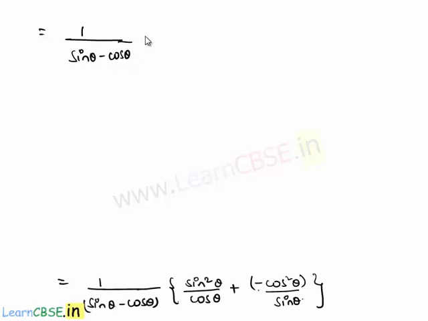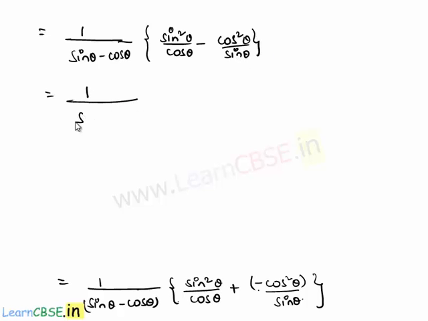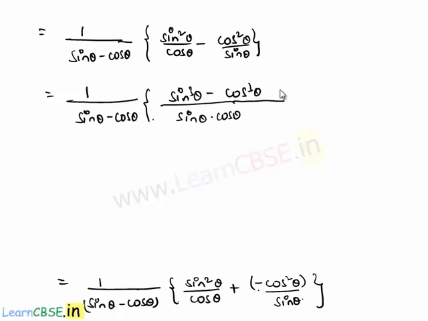Now that will be equal to 1 by sin theta minus cos theta into sin square theta by cos theta minus cos square theta by sin theta. That will be equal to 1 by sin theta minus cos theta whole into, let us take LCM here, sin theta into cos theta, then we get sin cube theta minus cos cube theta as numerator, which is equal to 1 by